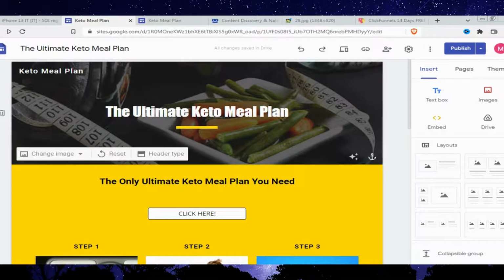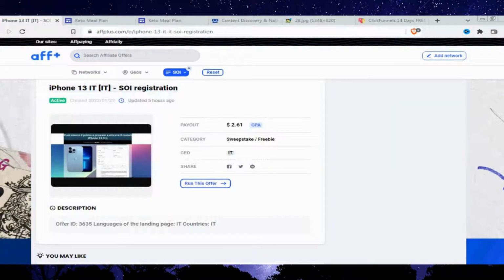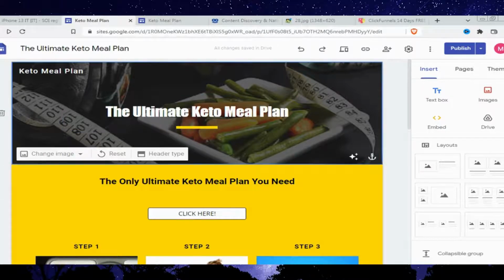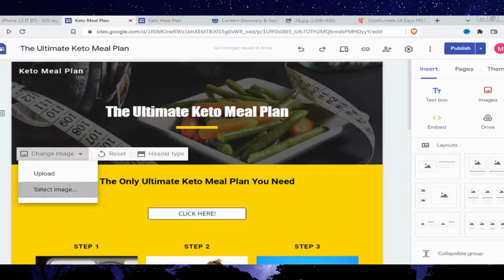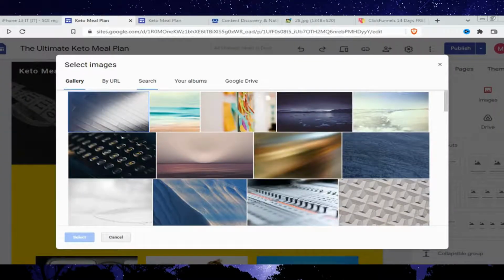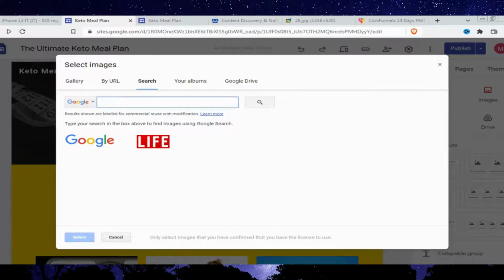It's really easy. For example, let's say it's about win an iPhone 30 in Italy. So make sure your landing page supports the language of the target audience. For example, it's in Italy, so you can use Google Translate for this. As you can see right here in the background, just click on change image and go to select image, and it's really easy to find images. Just go to search and type something like iPhone,